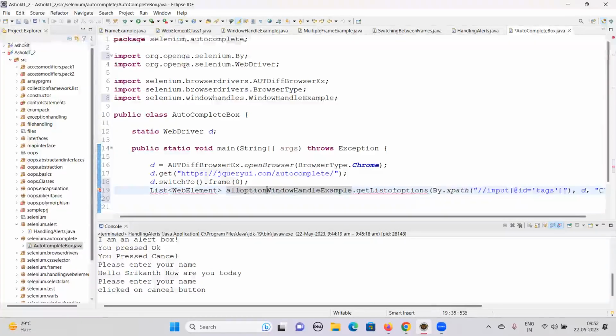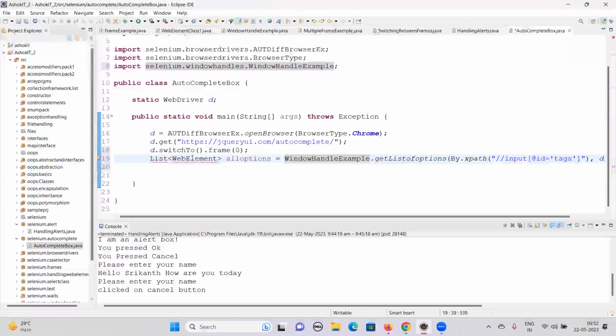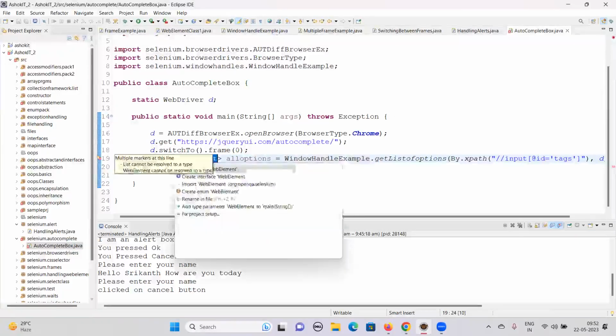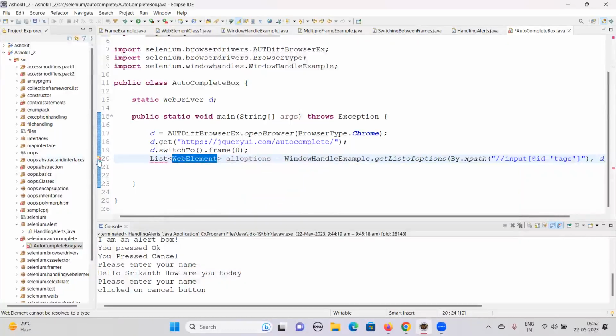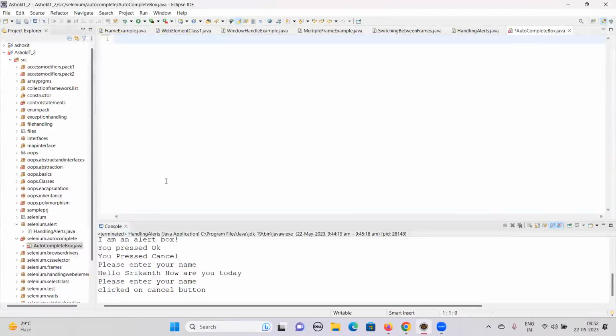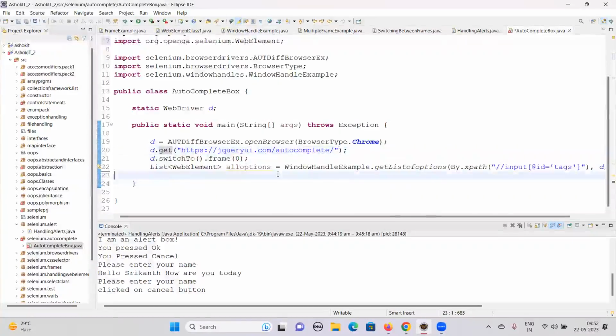All options. So I need to import the packages here. Okay. So that's the reason why it is showing the web element package. So here I'm getting all the web elements, all options. Now,